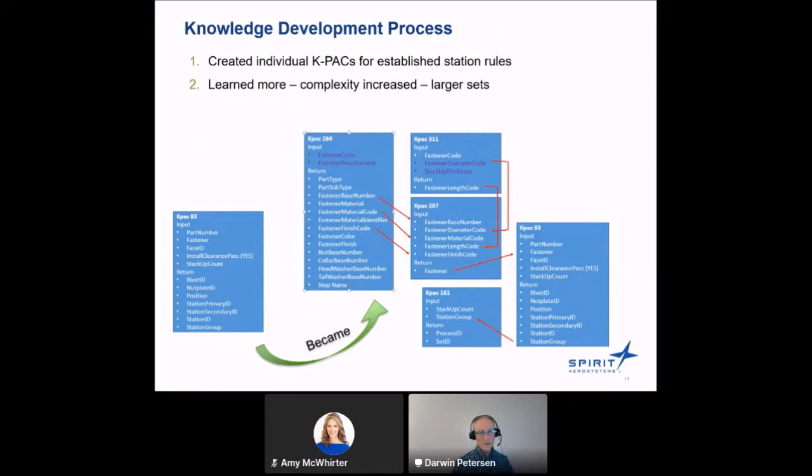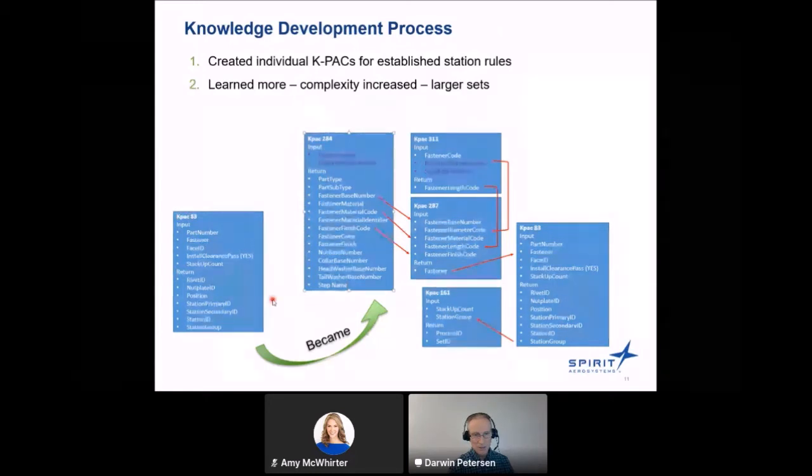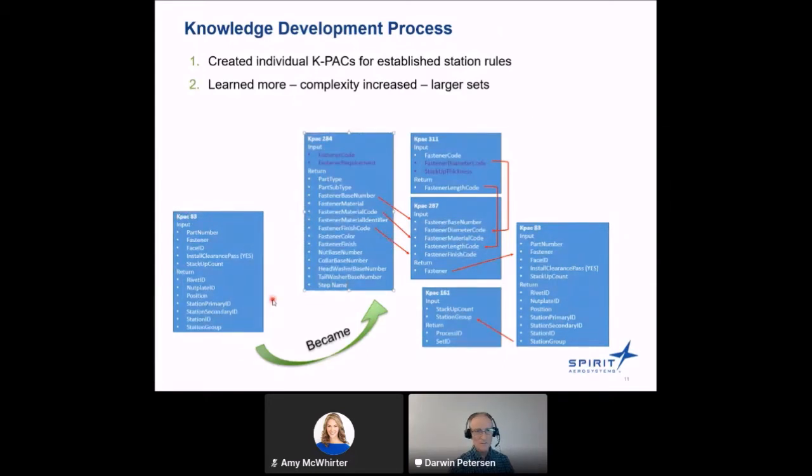So we began to create obvious initial KPAC station rules that were more explicitly stated in the process of the development of this whole line. But those of you who've been involved in this for very long realize that most rules stated by humans for humans are often not very usable.